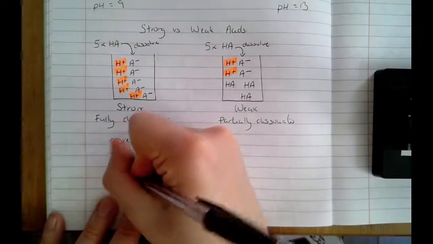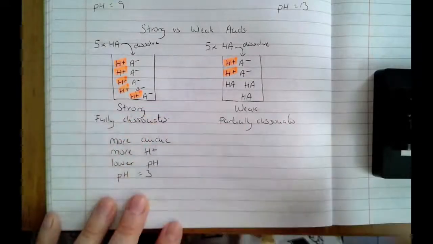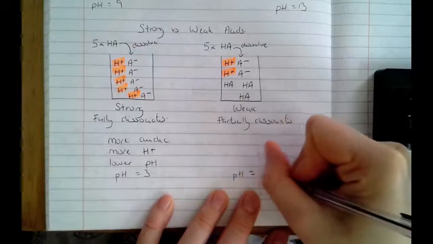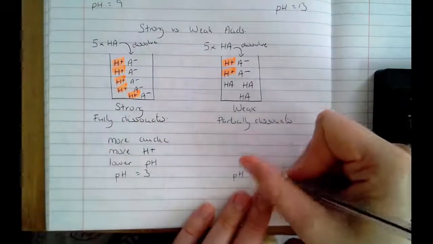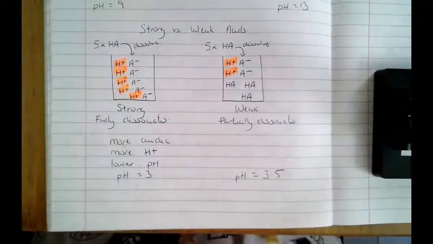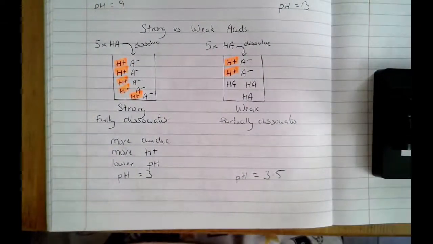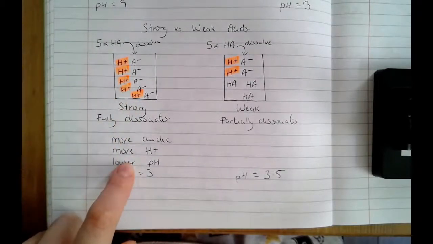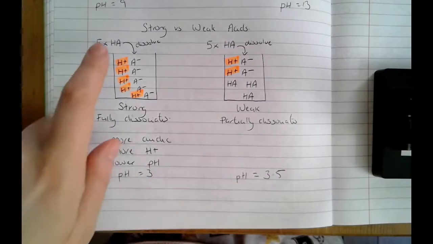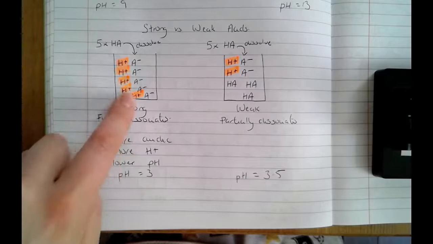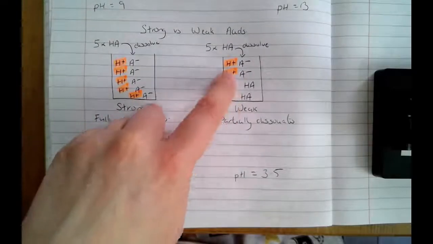So let's just say this is going to be pH 3, and we'll call this one over here pH, I haven't diluted by a factor of 10, so I'm just going to call it pH 3.5. I'm just going to make it a bit higher, okay? Again, I'm just making these numbers up, all right? But the more H plus it's got, the more acidic it's going to be, the lower the pH. An acid that fully splits up, so a strong acid, is going to produce more H plus than a weak